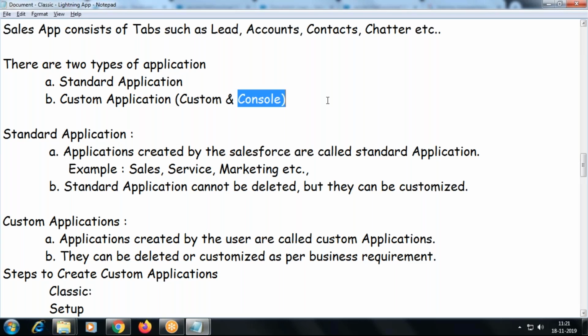Then what about the old feature? They will not remove the old feature because there are a lot of customers who started using the console application earlier. We cannot remove it. You got me? So the feature is still available. If you want, the old customer can still use that feature. The new customer, if they want, can use it. It's clear to all of you, right?